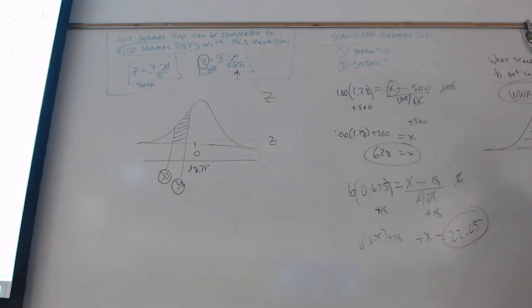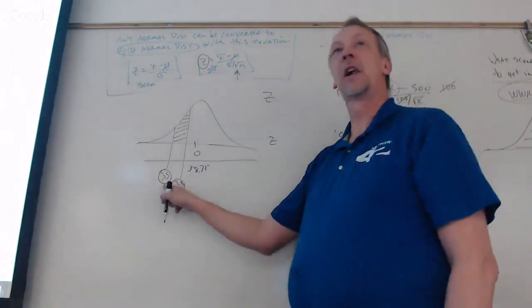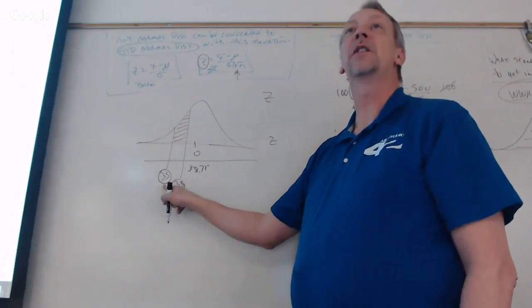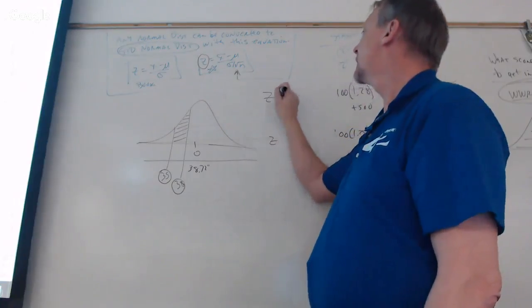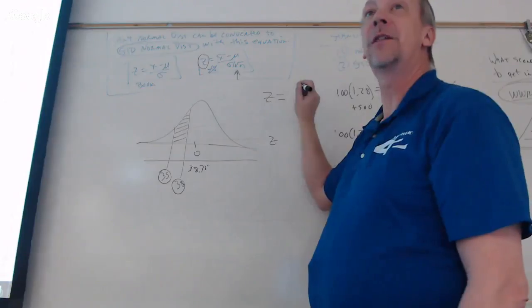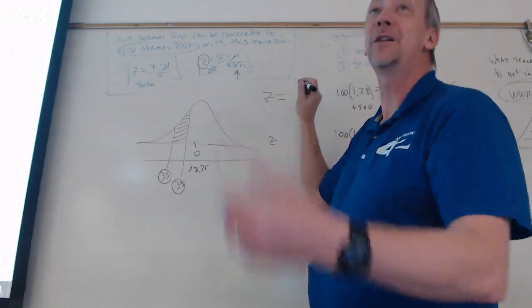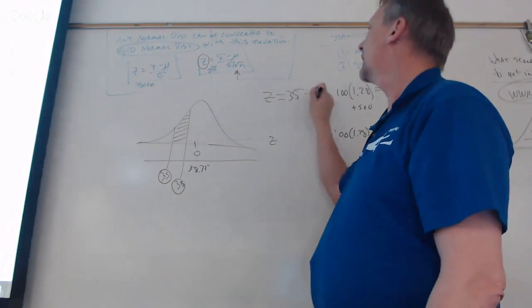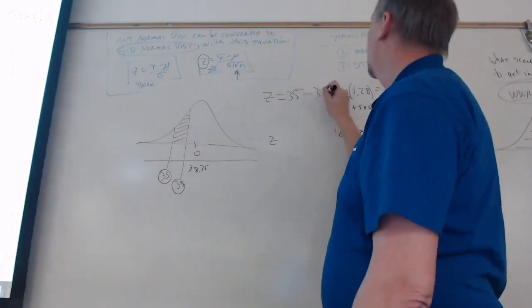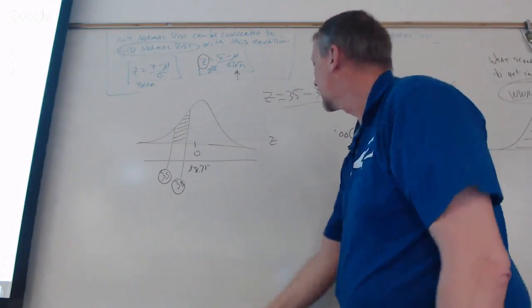So now, what do I do? 35 equals X. Is 35 the z-score? No, that's what we're finding. So 35 is what letter in my equation? It's X. So z equals, which one do you want to do first? 35 minus 38.72, divided by